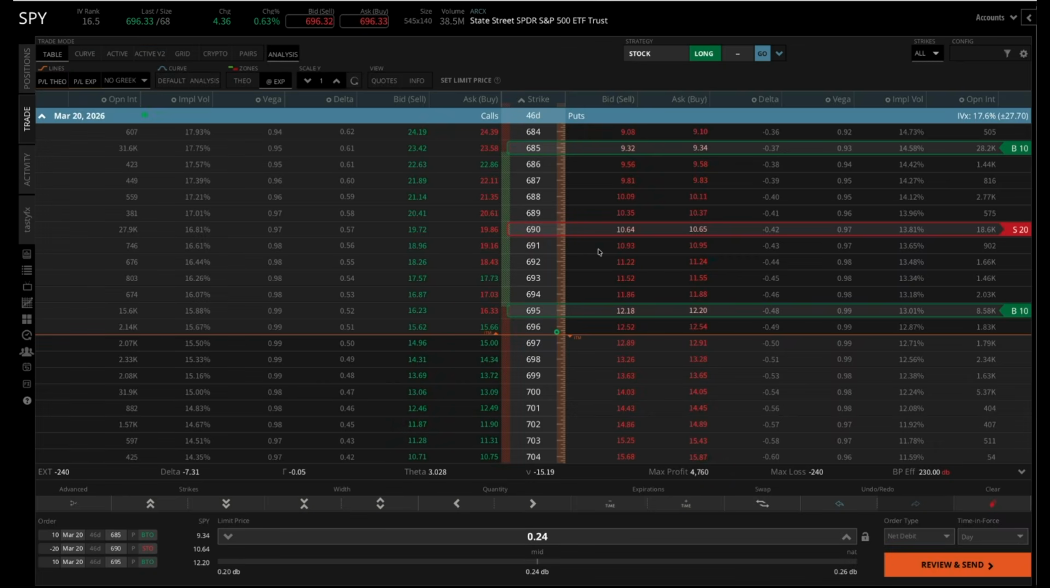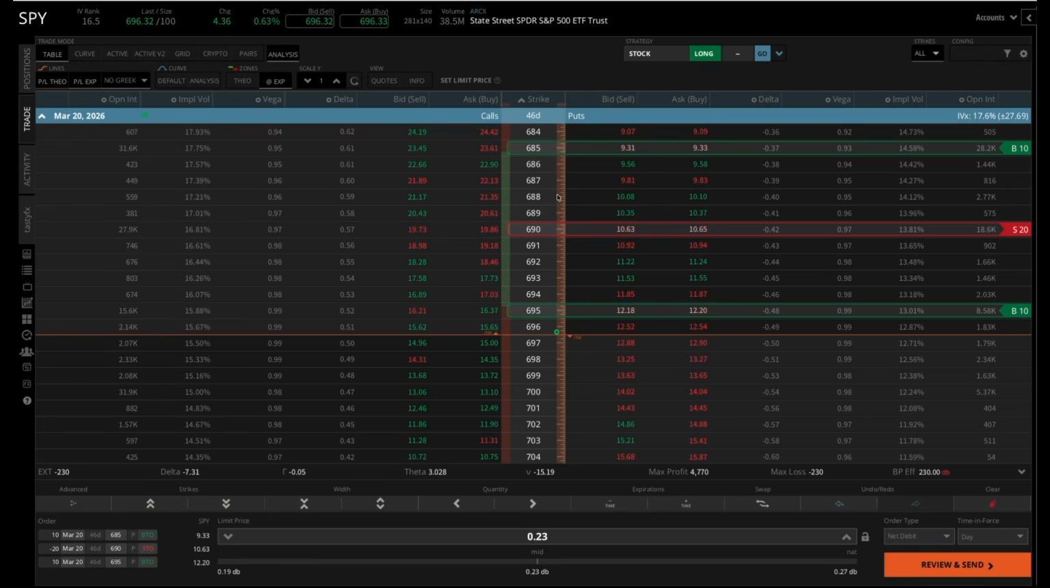Okay, so I want to move into the Tastytrade software here so we can build out some of these different variations to see what they look like. Right now, I have SPY populated in the trade tab, and we're looking at the March 20th, 2026 options expiration cycle. These options expire in 46 days, and what I have populated in the trade tab is an out-of-the-money symmetrical put butterfly spread,